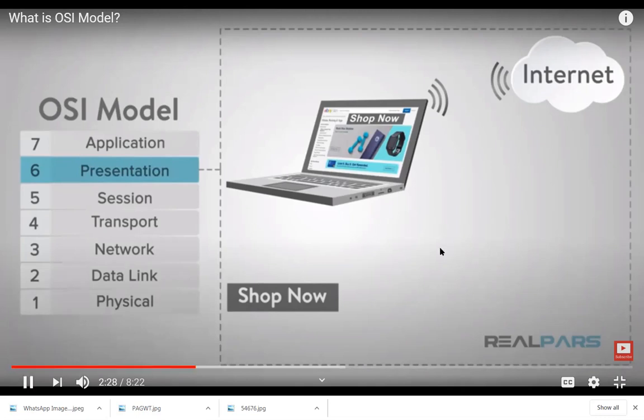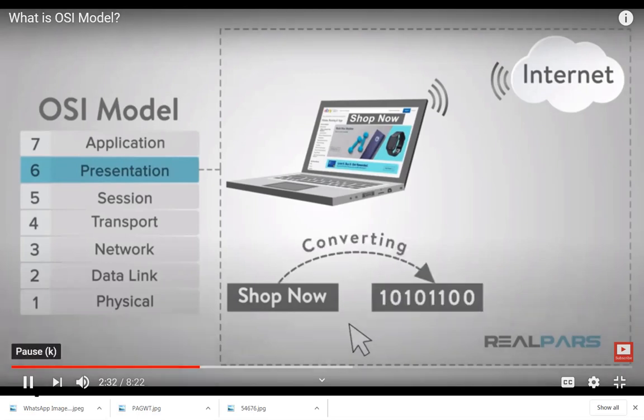Next, come to the presentation layer. What is happening here? I think you can see this particular interface here, shop now. In that laptop, we were able to see that interface called shop now. Whatever data there is, in whatever format we represent it to the users, that is done in the presentation layer.